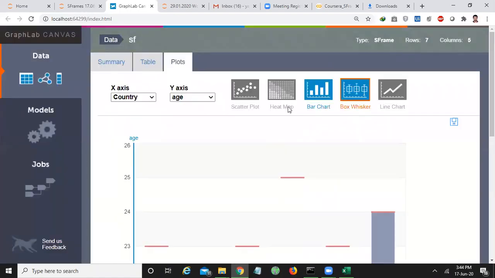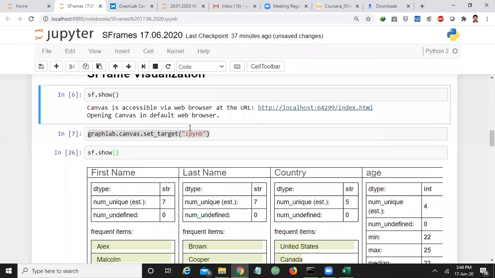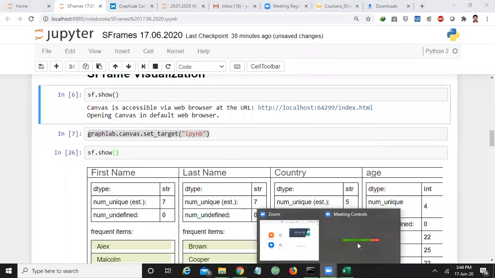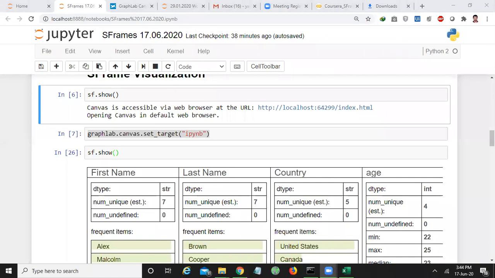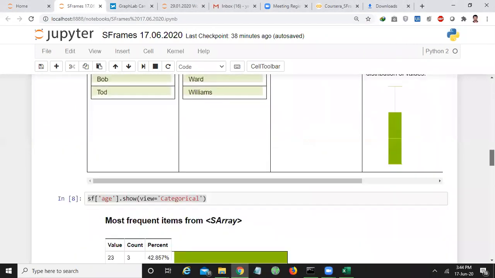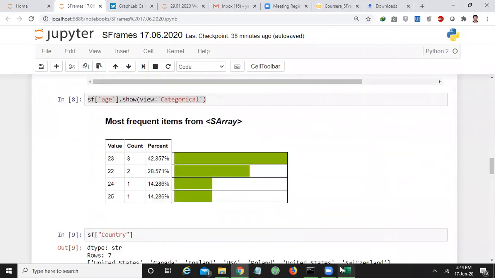There you can flexibly study the data. Setting the target is only useful if you are studying a particular column. For example, I want to study only the age column, then it is easy for me to study. Got it? All of you have studied age in the Python notebook itself. Shall I go to the next command?